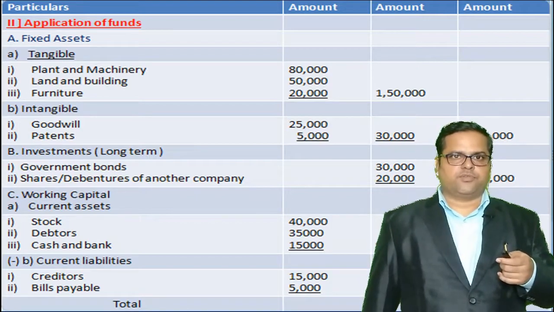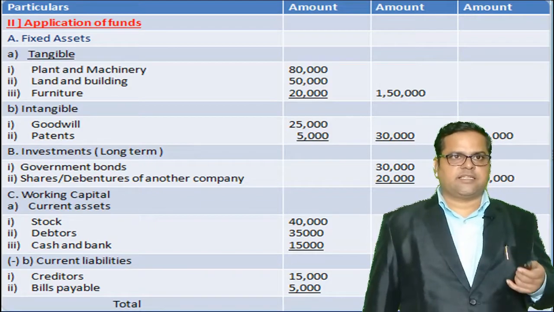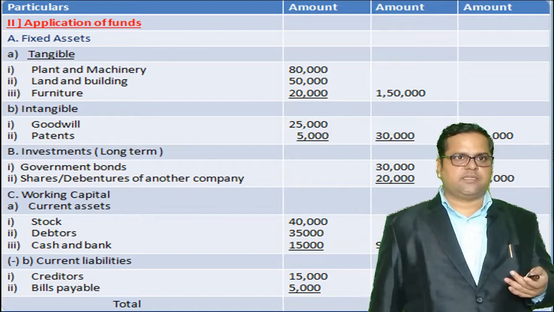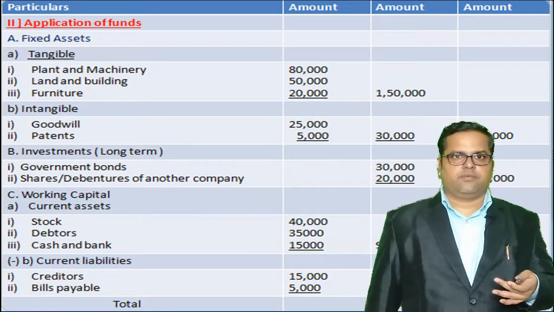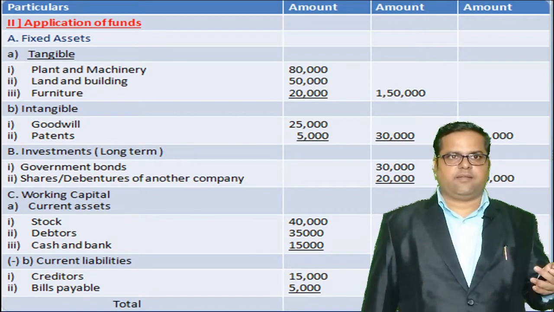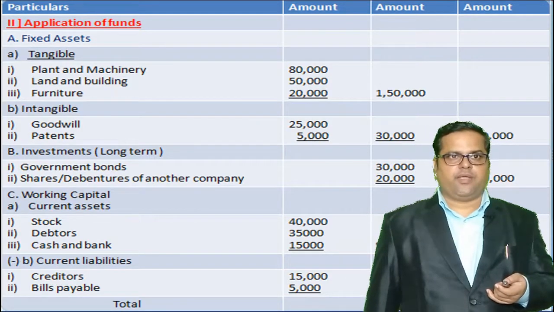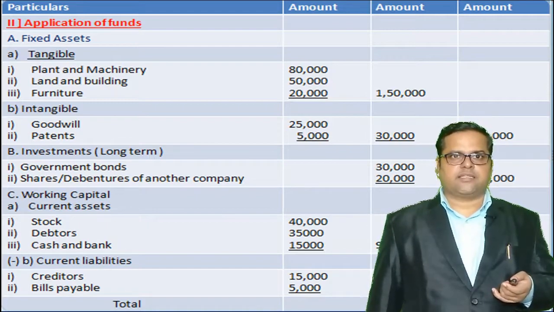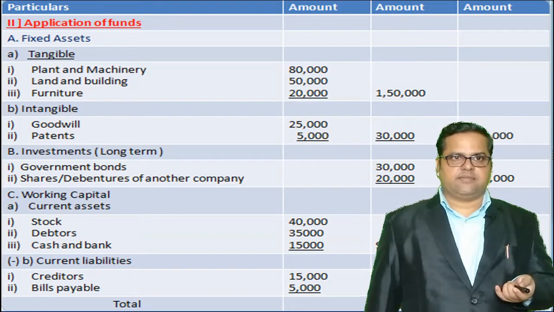Now we will add up values in second column and we will take it to third column. Students, as this side has three subheadings, that is fixed assets, investments and working capital, in third column only three figures will be appearing which belong to these three subheads. Clear? Now second subhead was investments, which will cover only long term investments. So we had marked I against these investments, that is government bonds and shares and debentures of another company. It doesn't matter whether you take them in first column or second column, but we have to be careful that the total should be taken in third column because it's a major head.